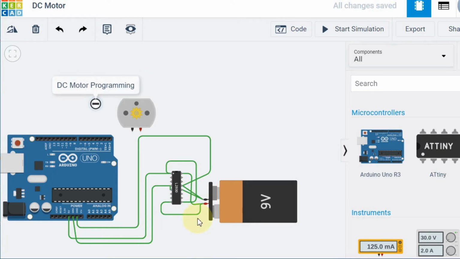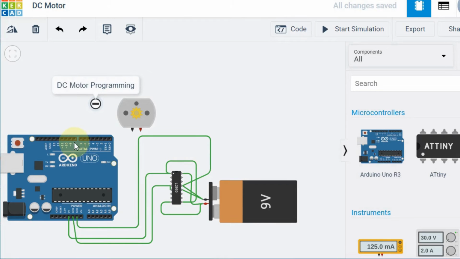So the remaining part is input 1, output 1 and output 2 and input 2. Same like that, input 3, output 3 and input 4, output 4. So input and output signals only matter. Whenever I give high at input 1, it will give 9 volt high at output 1. So from the Arduino pin input to my DC motor output, this is how the driver works.